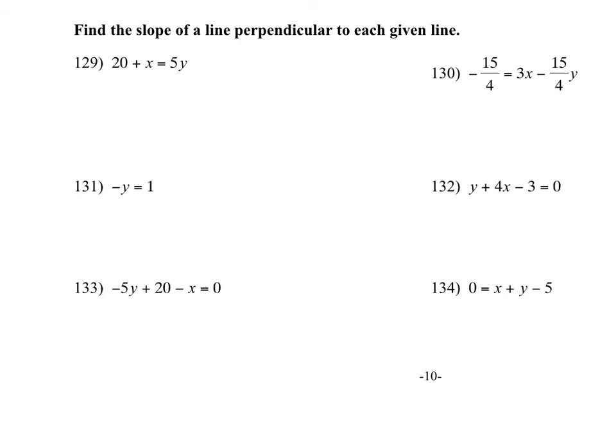Okay, so in this section, you're finding the slope of a line that's perpendicular to the given line. So what's important to remember, and again, you should check your notes because it explains it in there, but a parallel line has the same slope. And a perpendicular line has the opposite reciprocal. So let's try to change our